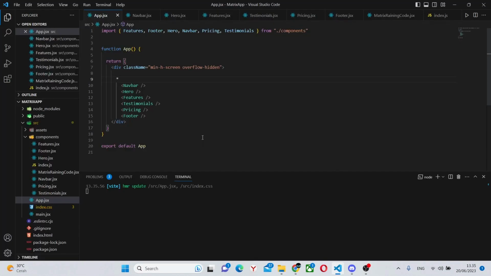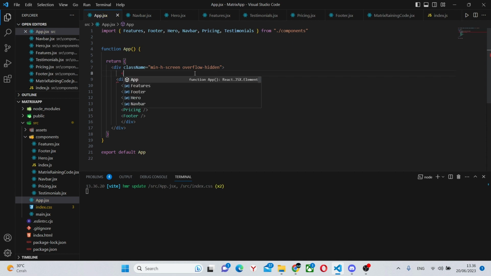Now we can begin the development of the matrix training code. Usually we would begin with creating the navbar, but without the matrix training code, the other elements wouldn't make sense. So first of all, we'll create a div to store all the other elements. It will simply make them in a column. So we can say className flex-col, nothing serious.